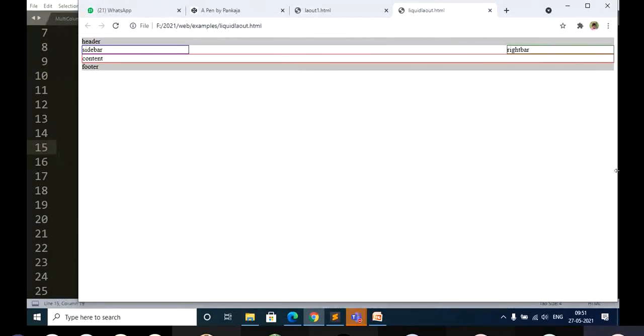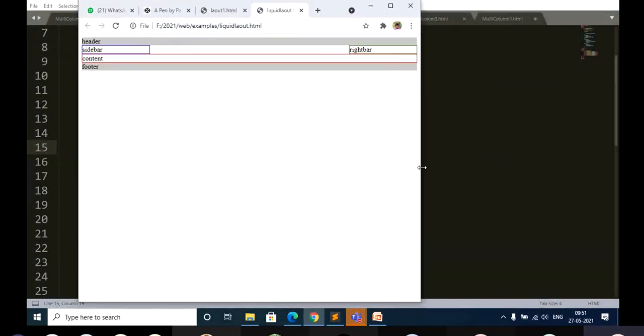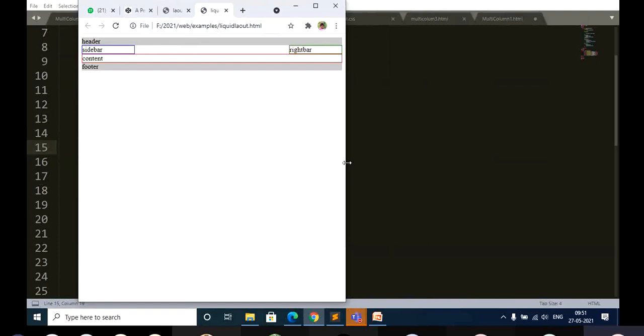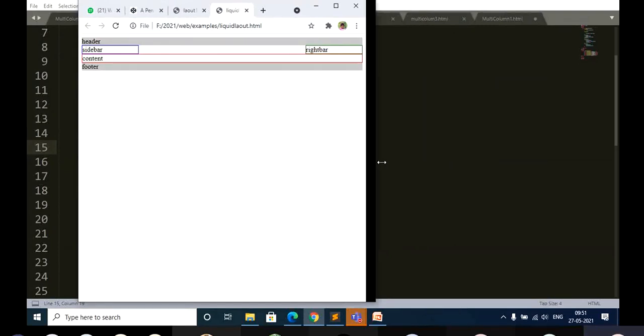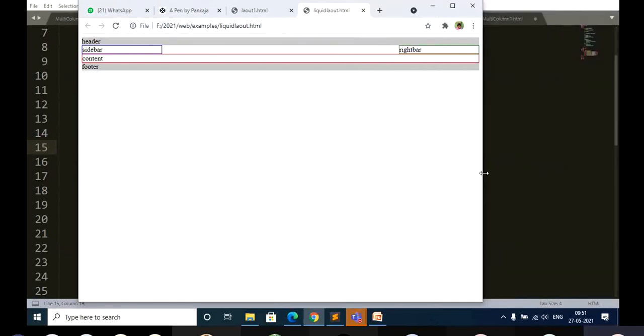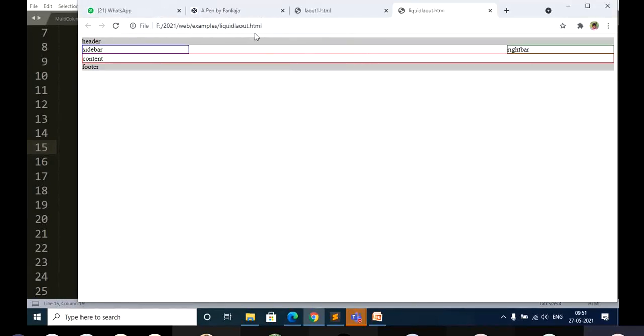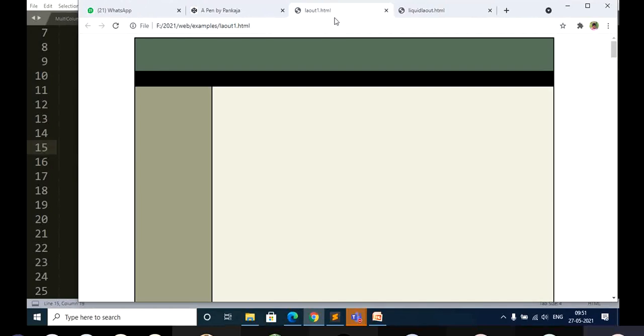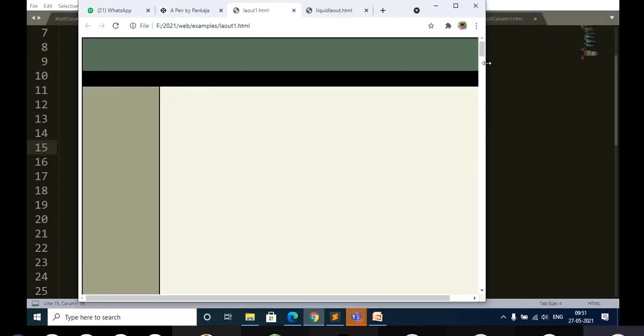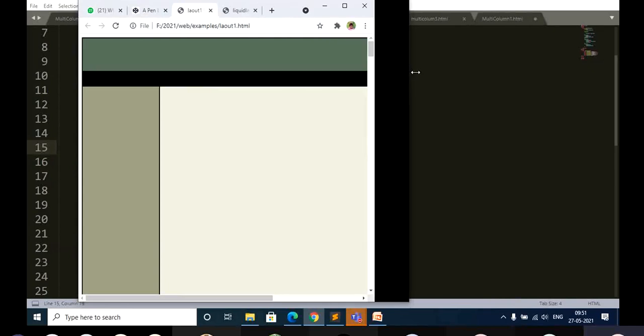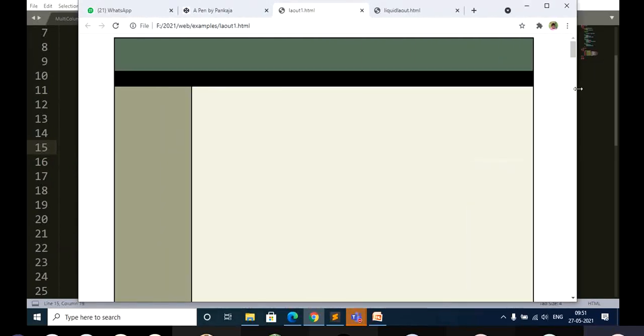When you specify the width in terms of percentage, it is going to adjust to whatever the screen size may be. No need to take your mobile phone and check. Here itself you just change the window size and observe. The content is going to adjust to the window size, but it is not going to happen in a fixed layout. You can see it is going to reduce, whatever the window size may be.